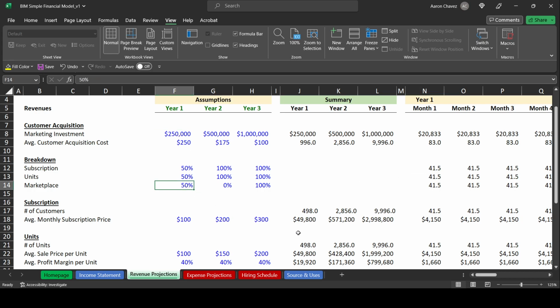And down here, for example, in Marketplace, if I put this at 100, it says, let's use 100% of this 250,000 and apply it towards this revenue stream. It's designed to be flexible, so if you don't have, for example, a Marketplace revenue stream, you just put it at 0 because you are going to be doing no activities generating revenue there,